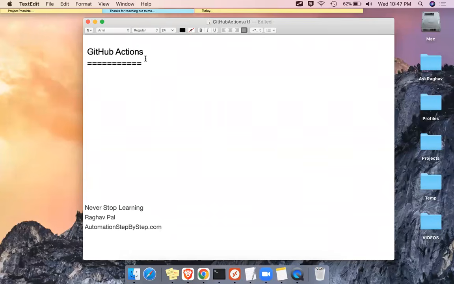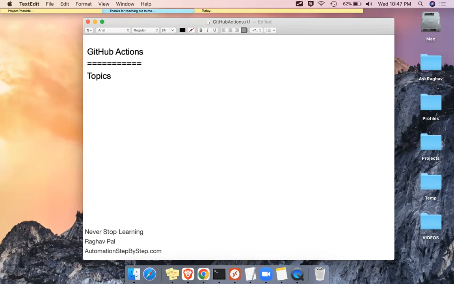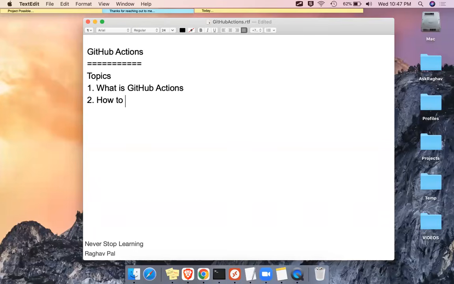What are GitHub Actions, and I will go very basic, step by step. So do not worry if this is the first time you are learning GitHub Actions. The topics we are going to cover today are, number one, what is GitHub Actions, and then we will see how to use GitHub Actions. So we will see a step-by-step demo. I will be creating a new repository and I will show you from very basics how we use it. And then we will see a demo